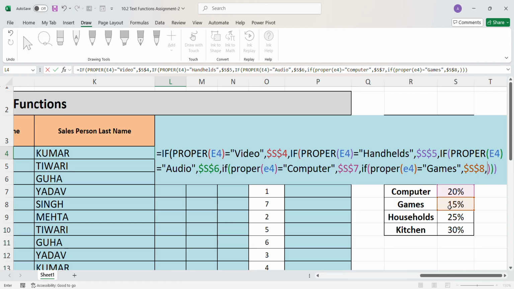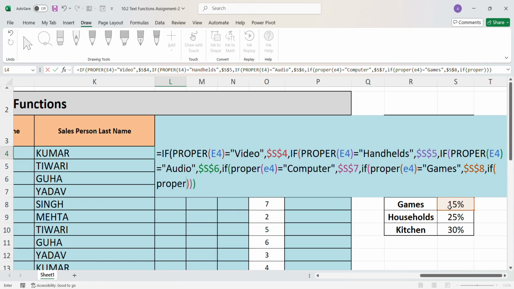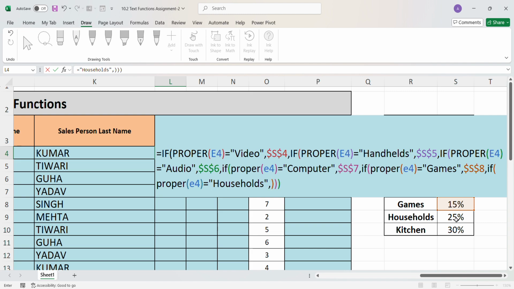You can see how much we have to write, whereas our VLOOKUP and INDEX and MATCH functions make our job easier. That is why it is better to use INDEX MATCH instead of nested IF or VLOOKUP. Equals to households, then the discount will be 25%, else 30%,